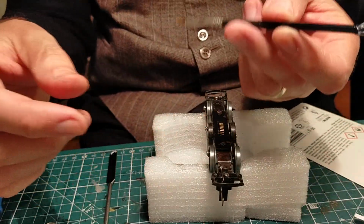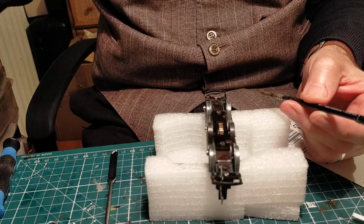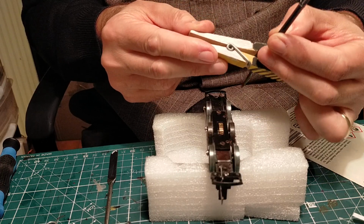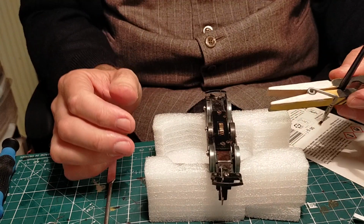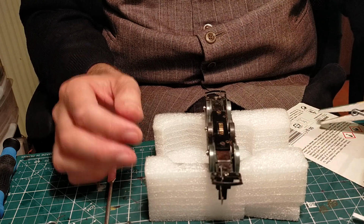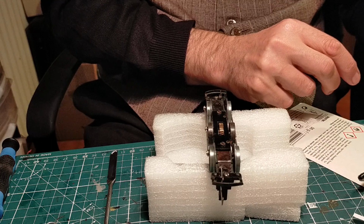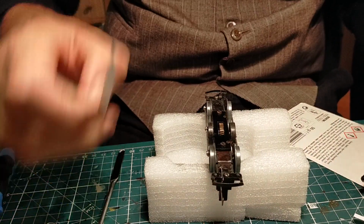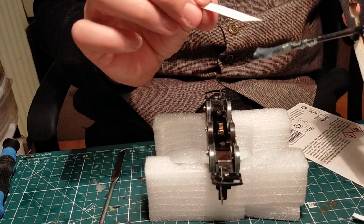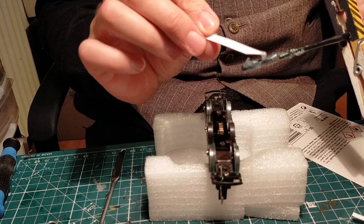These old grotty Airfix, Humbrol Airfix brushes are always very useful. So we're just going to keep that in there like that, and hopefully this is not going to wander around and fall all over the place. That'll do very nicely. Perfect. Okay. So we're going to apply it using a piece of paper like that,